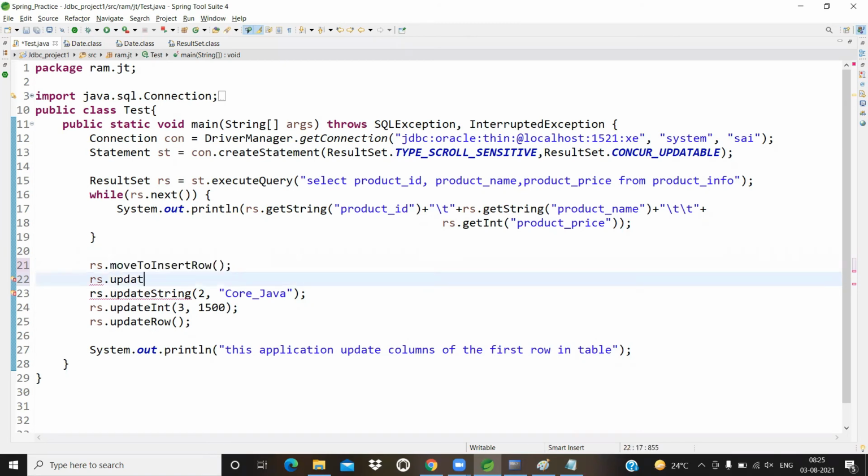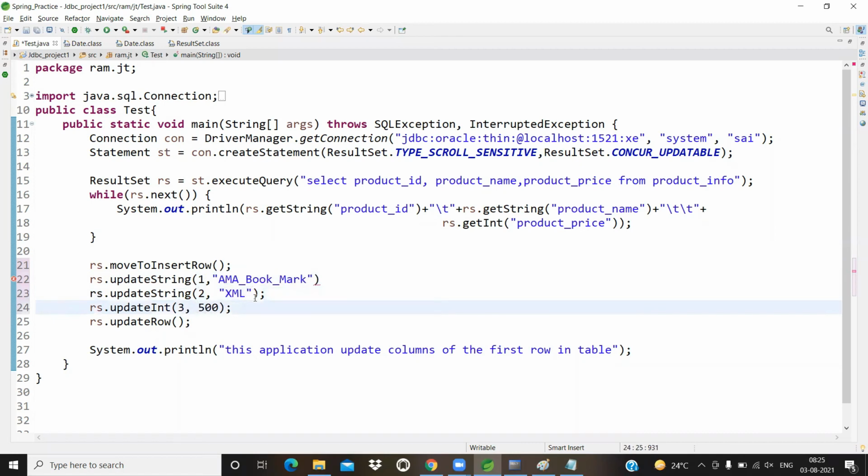So how to insert the new record? updateString. Here I'm writing AMA_book_mark, and here I'm writing XML, this is the first index, first column, second column, third column.